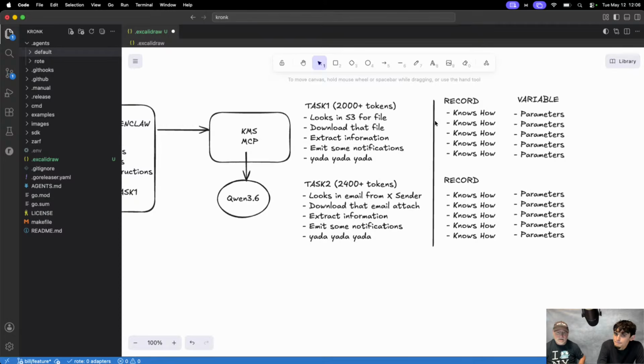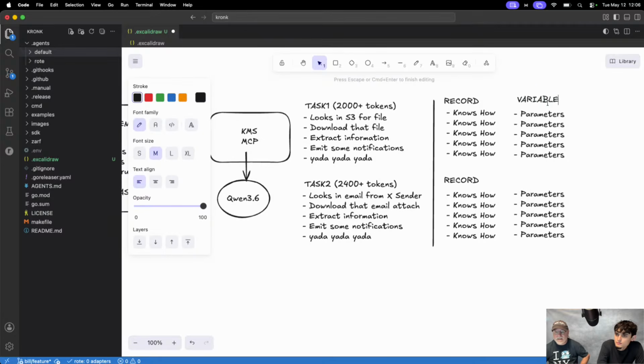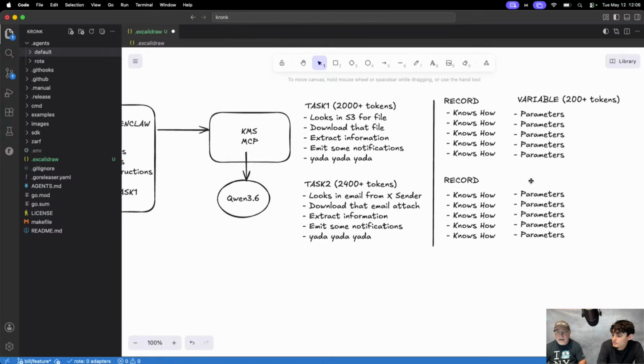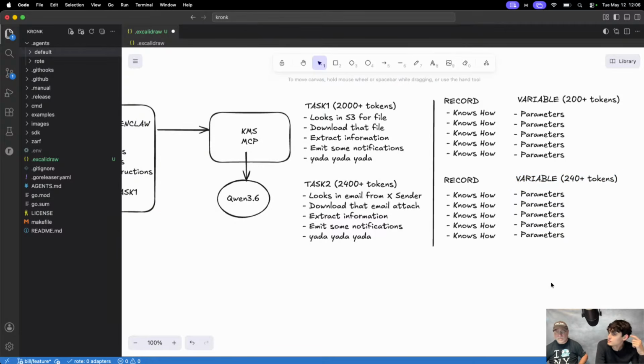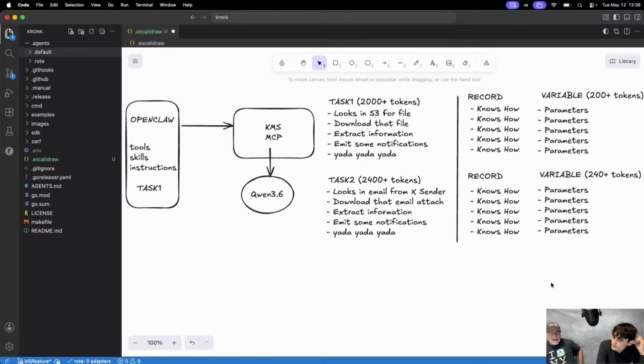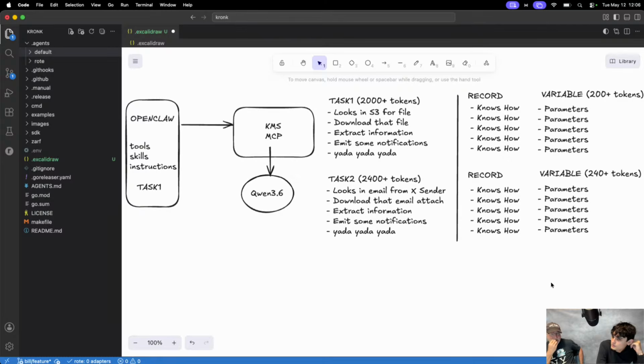So now, instead of needing 2,000 plus tokens every time, you probably only need 200 plus tokens, because you're not asking the model to figure out the work anymore. You're asking it to figure out what the data is for this. How huge is something like that? This is what you want.